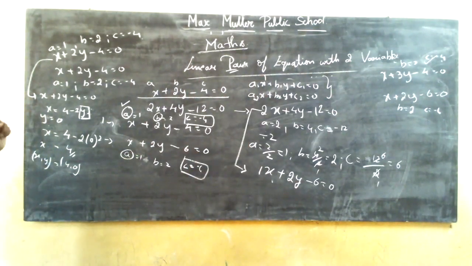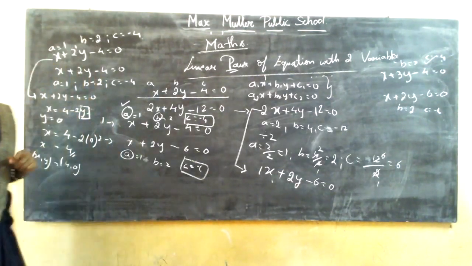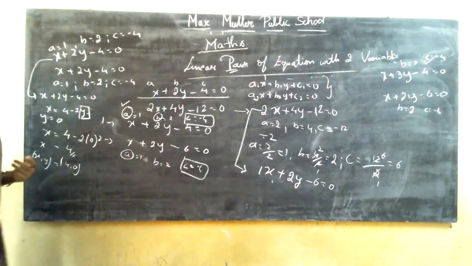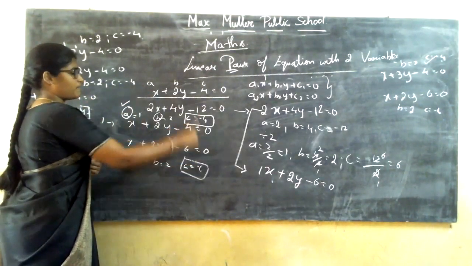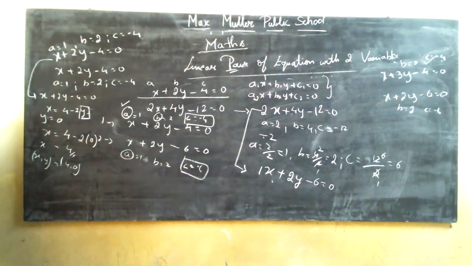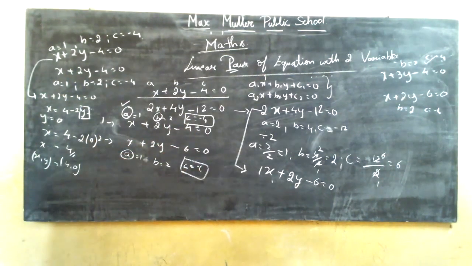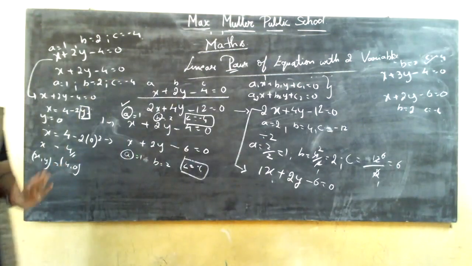When you have only one point intersecting in both the lines, then only you are going to say it as intersecting lines. Then coming to the parallel line, we have seen that when you have only one coefficient, that is the C coefficient, if the C coefficient values are different, then you are going to say it as a parallel line. Why? You do not have any intersecting points in that line, and parallel lines never meet each other.